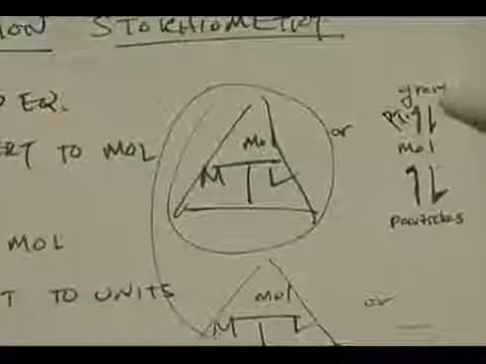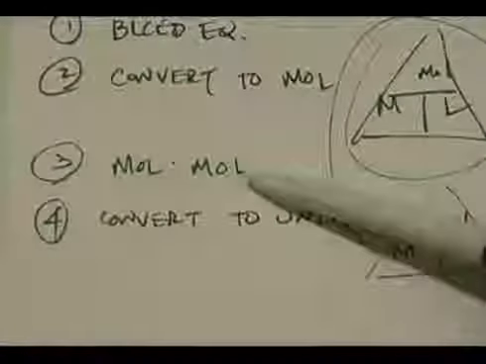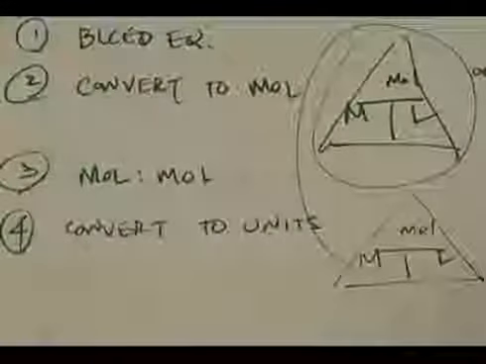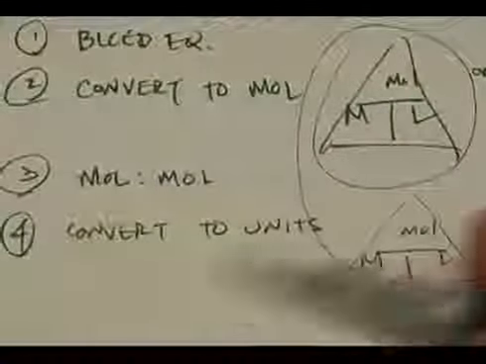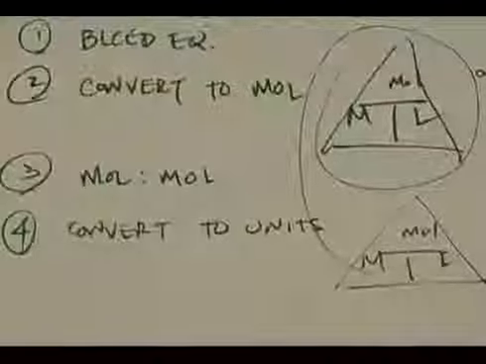Sometimes you will use the periodic table to go from grams to moles, or from moles to grams, and sometimes you use moles to particles using Avogadro's number, very rarely. Third step, mole to mole ratio, and then fourth step, convert to units, usually using the molarity triangle, sometimes using the periodic table. So have this handy if you don't have this outlined somewhere. Pause right now and write these steps down, 1, 2, 3, 4, because we're going to follow them in these